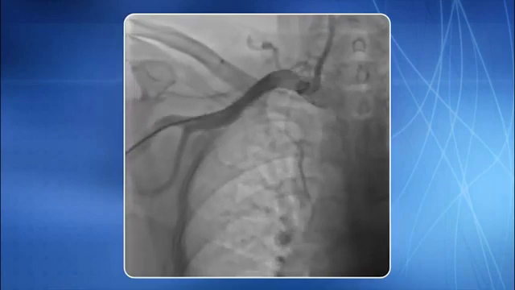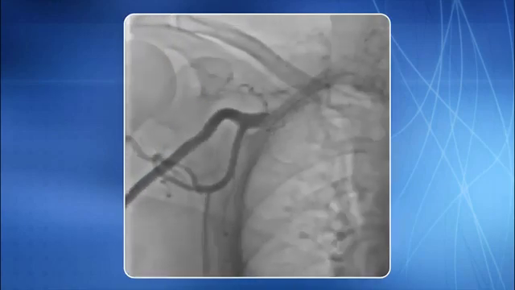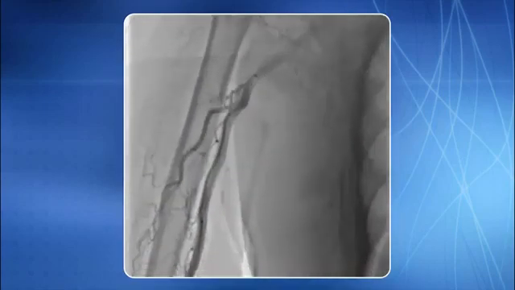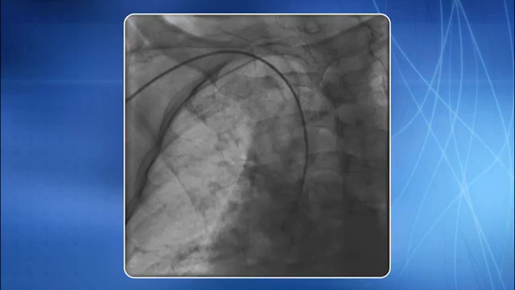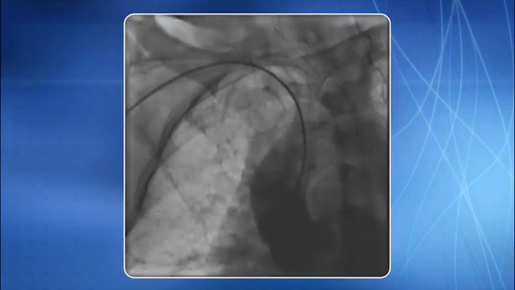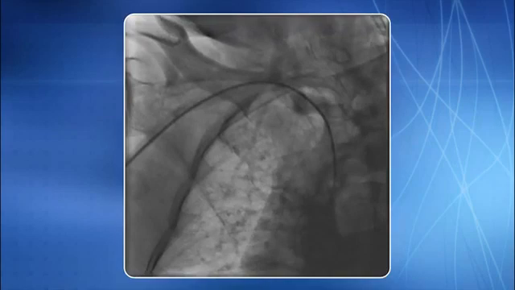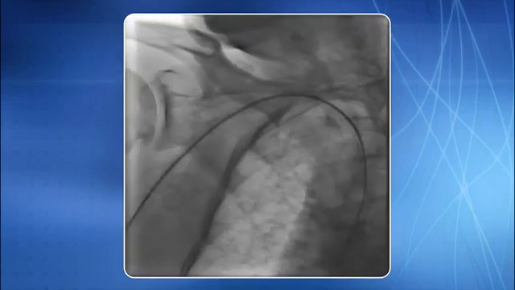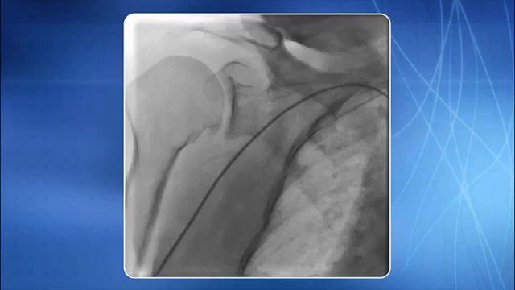This is the normal anatomy of the right subclavian artery, which arises from the innominate artery and continues as the right axillary artery. This is the normal anatomy of the left subclavian artery, which arises as a branch from the arch of aorta and continues as the left axillary artery. This is an example of normal anatomy of the innominate arch junction. You can see the catheter course has a very smooth curve in this region.